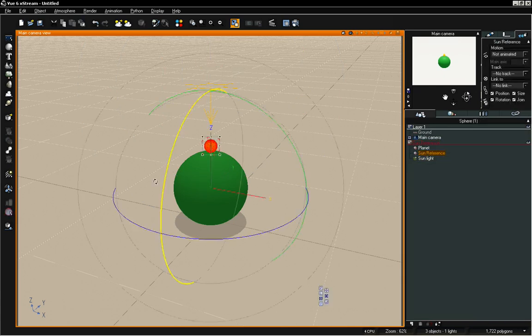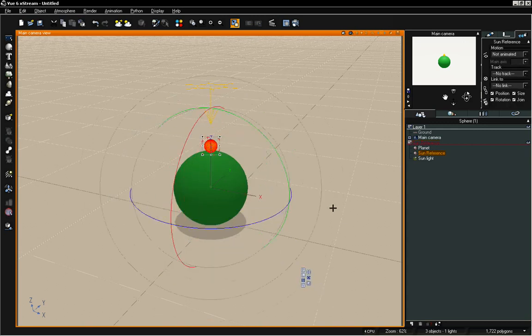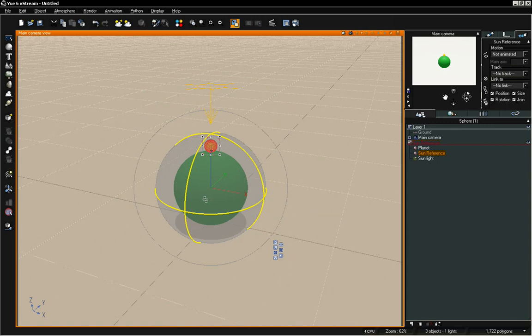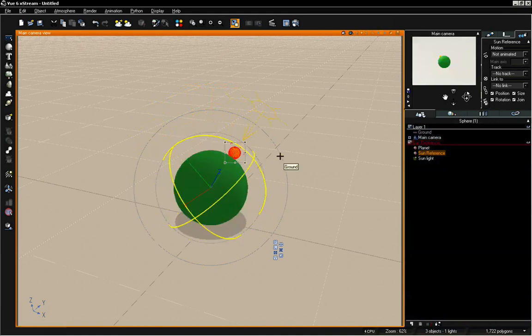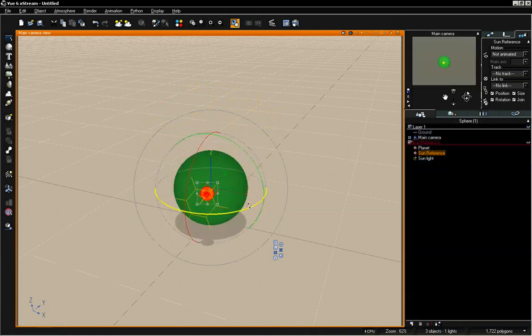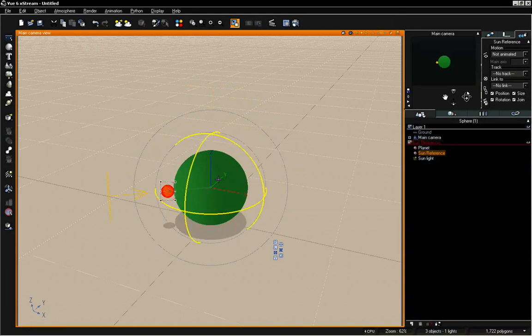And now we can select our sun reference object, and if we want we can scale down those gizmos or increase the size. Now with the rotate mode selected with our gizmo, we're just working in global right now, but since our pivot position is basically in the same place and we haven't modified this object, global and local shouldn't matter at this point. But what we can do is click and rotate around this object in order to position our sun. And it gives us a nice visual reference